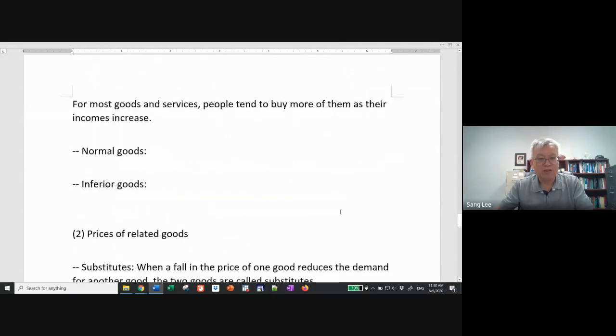So here we're going to learn a couple of new terms. Normal goods and inferior goods. Okay. Normal goods mean